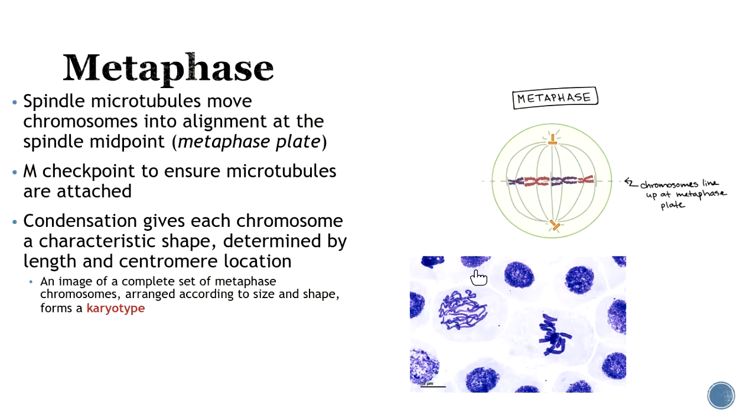So let's get to the next phase, which is metaphase. I always think of this as middle, middle. At this point, all the chromosomes line up at what we call the metaphase plate. Your poles are clearly established, and all the chromosomes are now going to be attached to a microtubule on both sides. All right. Now this is where we're going to do that thing called the M checkpoint that I mentioned,